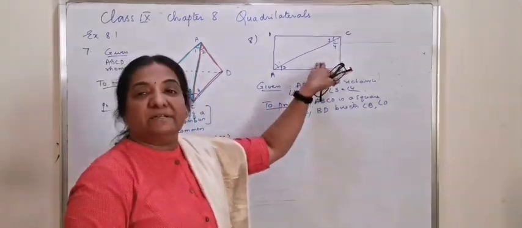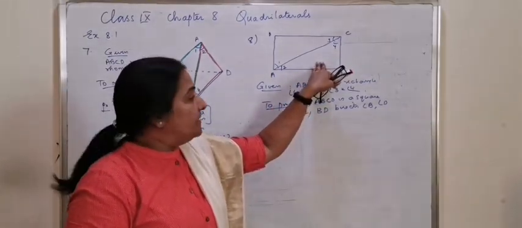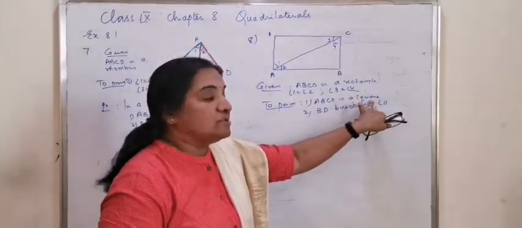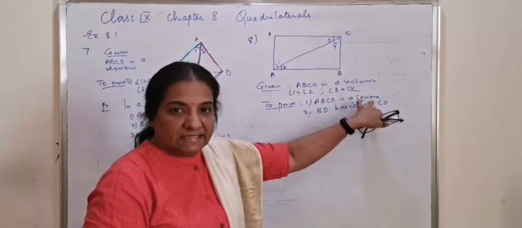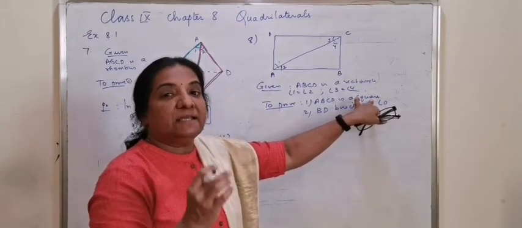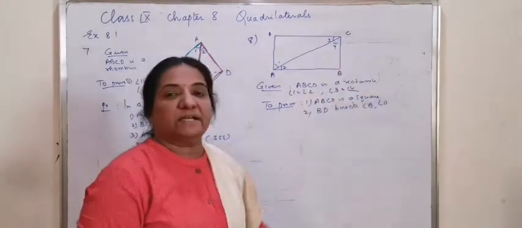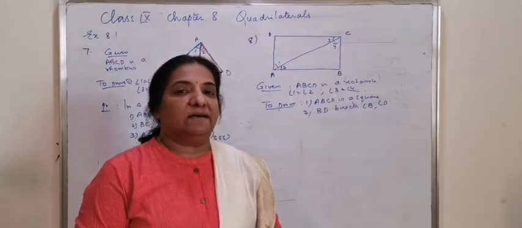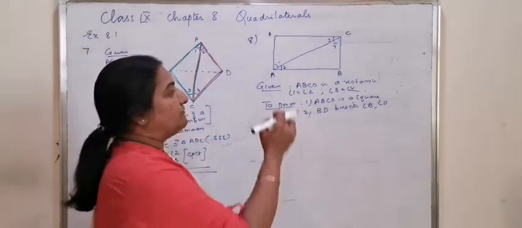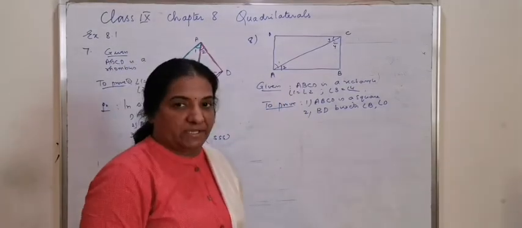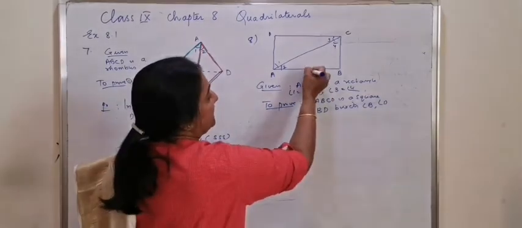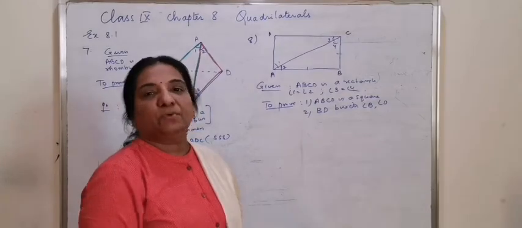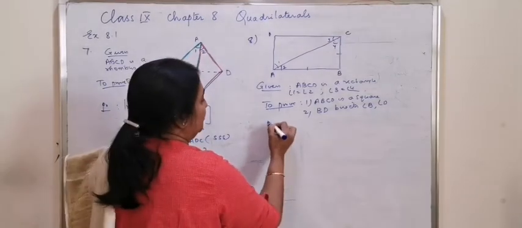The given figure is a rectangle. The rectangle has already all angles 90 degrees. Similarly, in a square also, all the angles are 90 degrees. What is the difference between the sides is, in a rectangle only opposite sides are equal, whereas in a square all the sides are equal. So if you have to prove ABCD as a square, you need to prove that a pair of adjacent sides are equal. How can you prove it? The proof: